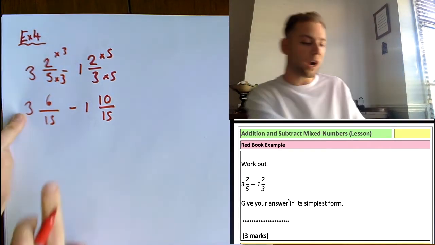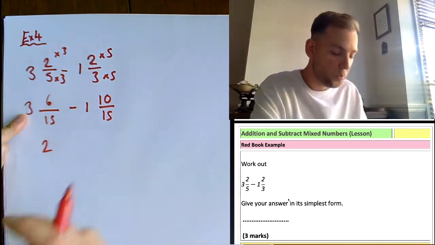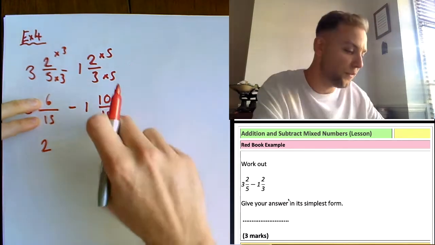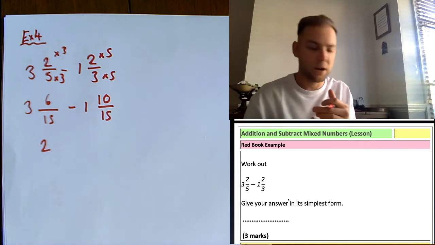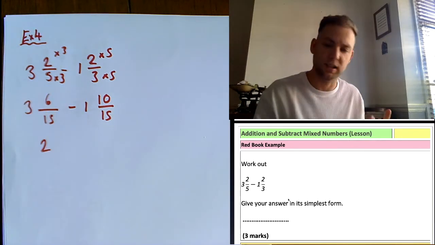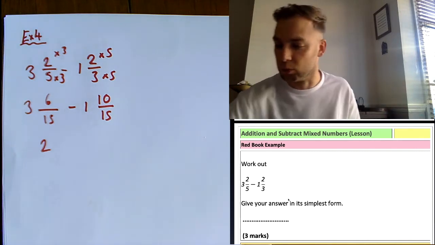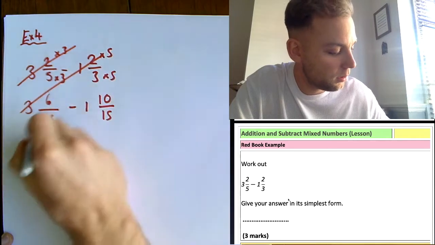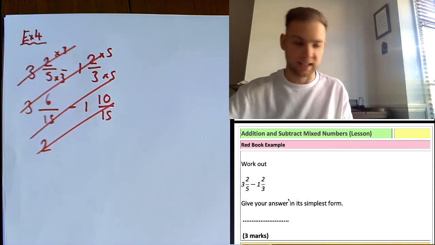Now I can subtract this one here. So 3 take away 1 is 2. But the problem I've got is that 6 over 15, take away 10 over 15. Well, 6 take away 10 is going to be minus 4. Now, you can borrow from this and deal with it first of all, but it's best to use the technique where we convert it, so that second technique,